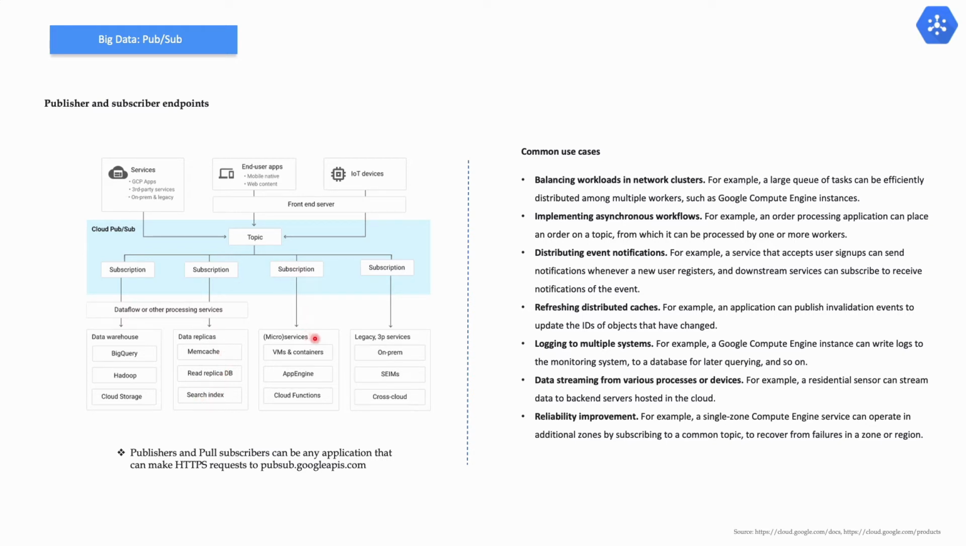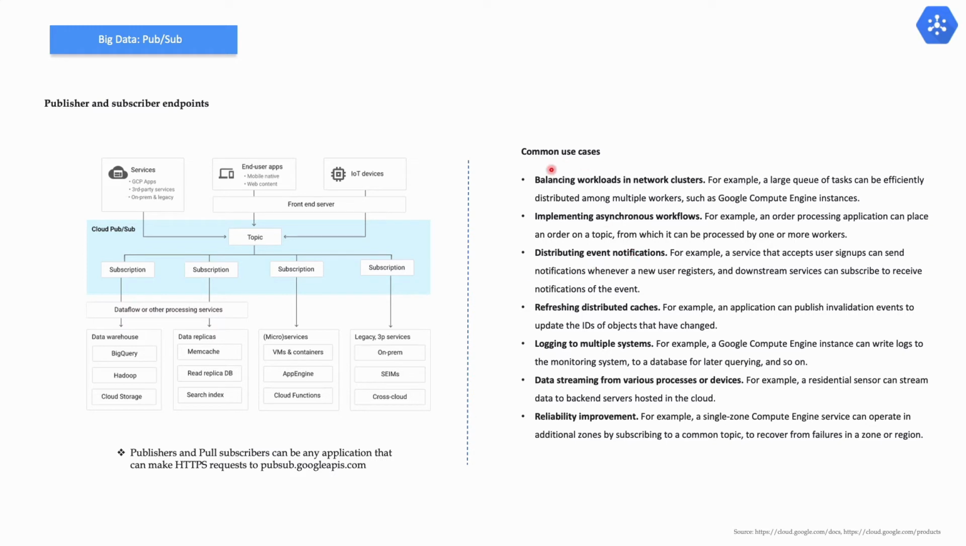Or you can have microservices components like VMs and containers, App Engine, or Cloud Functions receiving that message. At the same time, you can have legacy or third party services, which are on prem, SIEMs, cross cloud, and all of them receive that message by using the SDKs. So publishers and pull subscribers can be any application that can make HTTP requests to